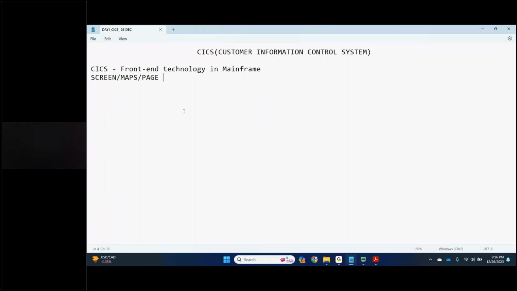I would like to give one example here. Since there are some senior people in this group, I would like you also to add examples if you have seen or discussed them with your friends. Where is CICS used? ATM machines, anywhere end user interaction is there, or banks. In banks also we can use CICS.